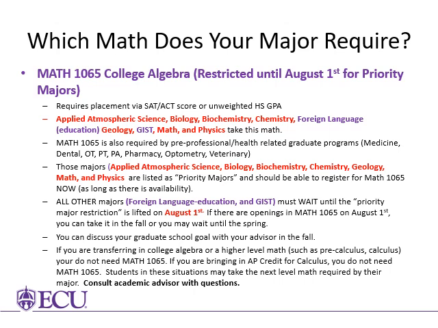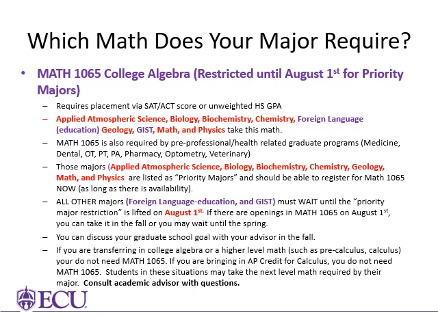The majors listed in red, Applied Atmospheric Science, Biology, Biochemistry, Chemistry, Geology, Math, and Physics, are considered priority majors, which means it is a priority for you to take math in the fall. For that reason, we have restricted the sections of Math 1065 so that only those majors can sign up for